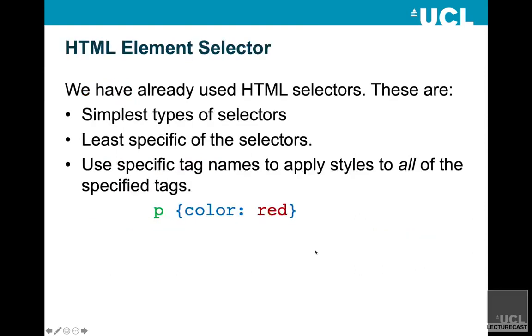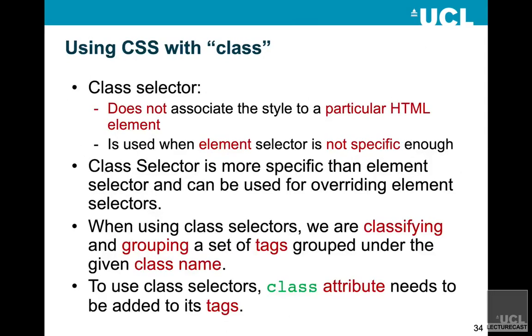Now, the HTML element selector is the simplest one. So we have already tried applying the color red to all the paragraphs. This is very useful because it allows us to apply a number of styles to the selected HTML document. They are the least specific of the selectors, but they are very, very useful. However, it's often necessary to apply the styles to a set of elements rather than all the elements with the same HTML